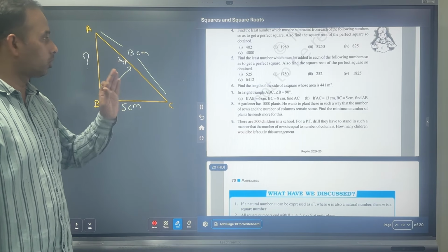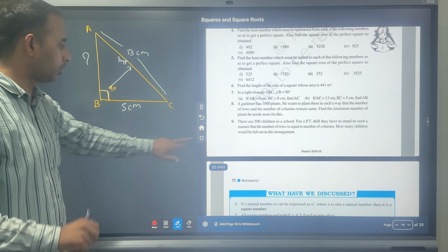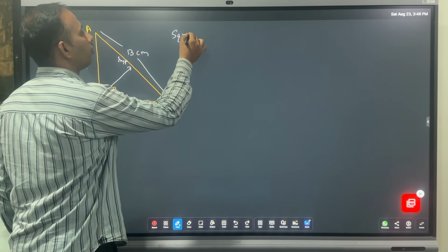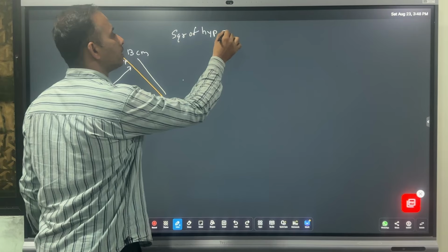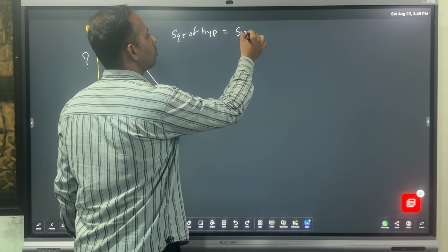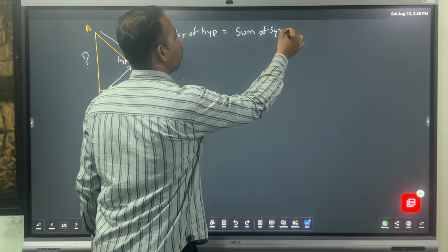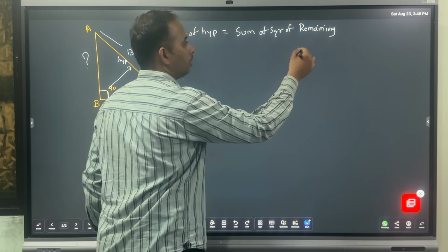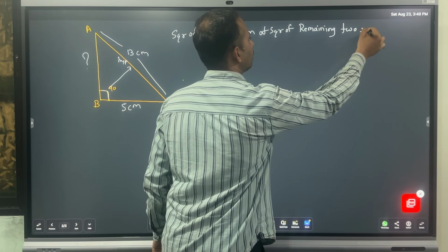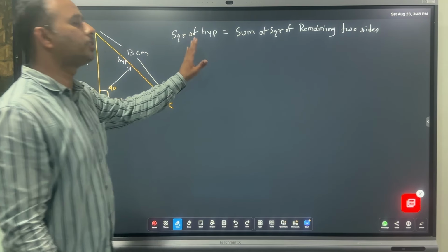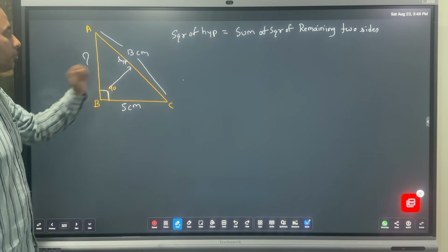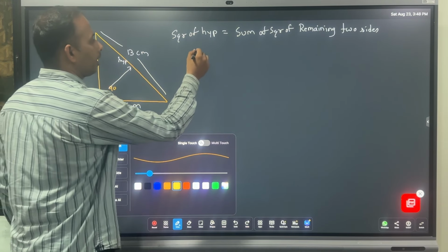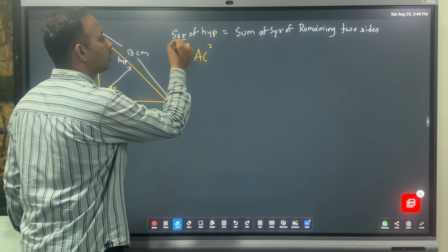The statement will not change according to which value you have to find. Remember, the statement of Pythagoras theorem remains the same. What is it? Square of hypotenuse is equal to sum of squares of the remaining two sides. On the left hand side, which side should always be? Hypotenuse. Okay. Which one is your hypotenuse? AC. First write the name AC. Okay. AC, you are writing in the form of a word, square is equal to.